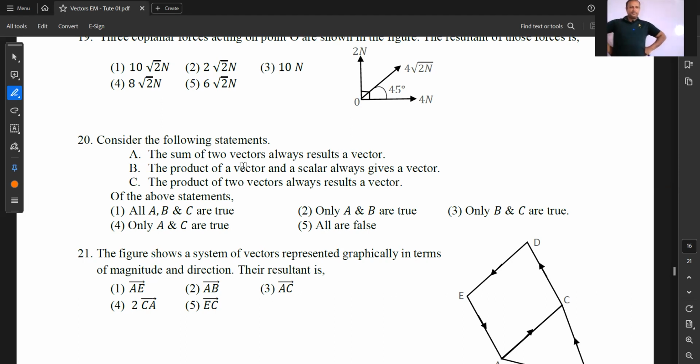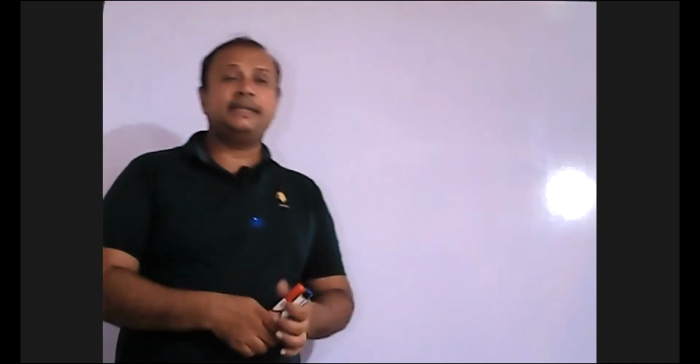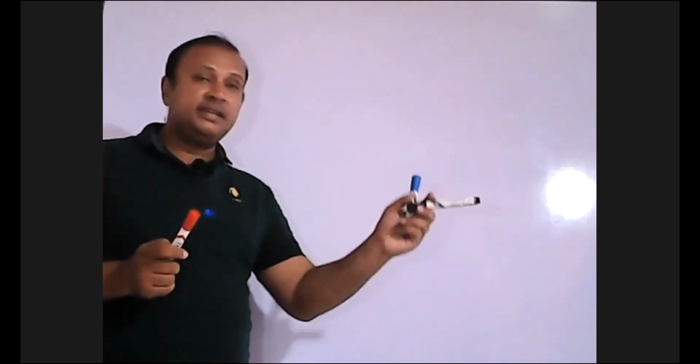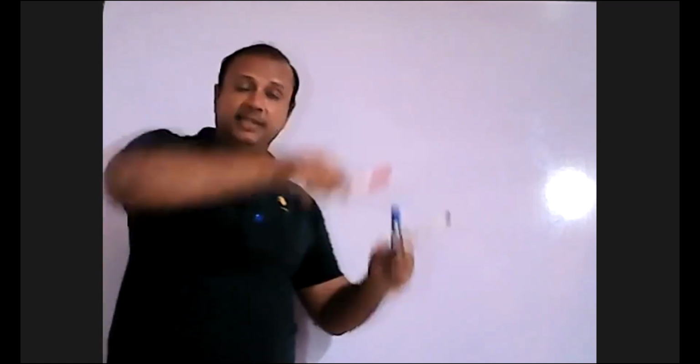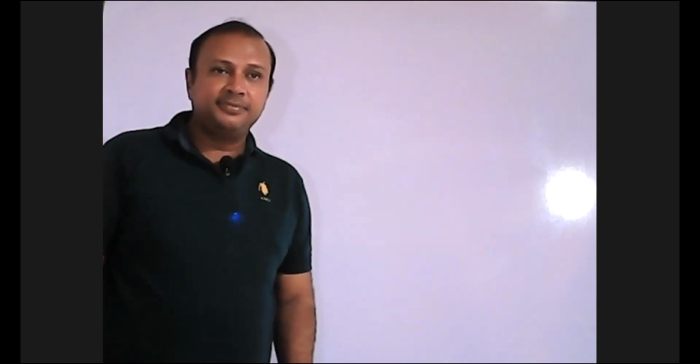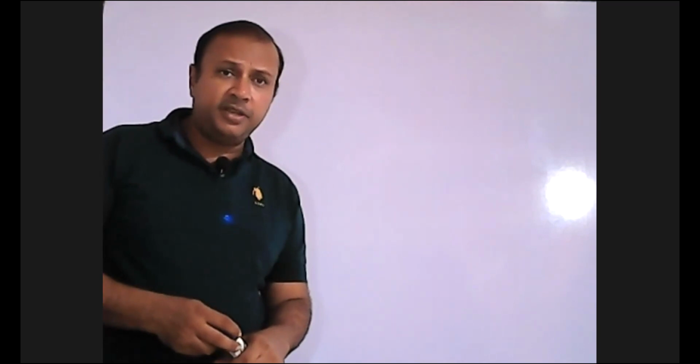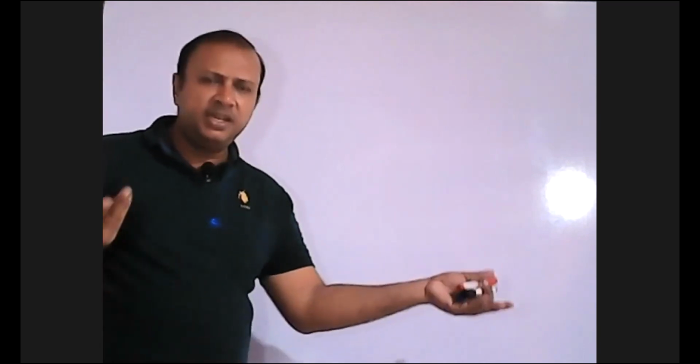Why is it false? The sum of two vectors: suppose there is a displacement. If I add a displacement to another displacement, what will your result be? Is it a displacement or another scalar quantity? It should be a displacement, no? That is the first rule of